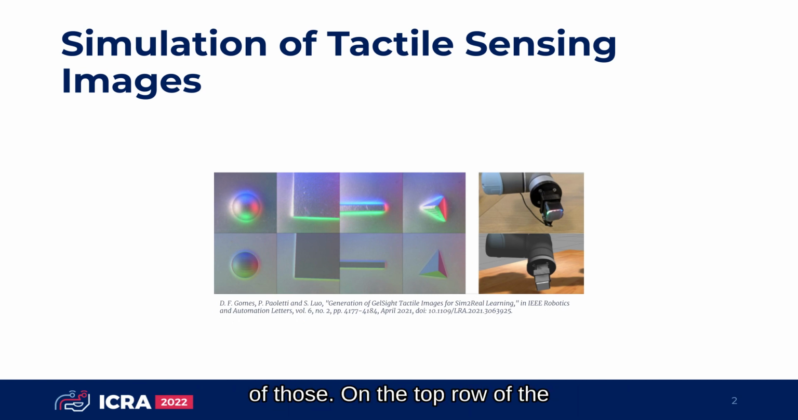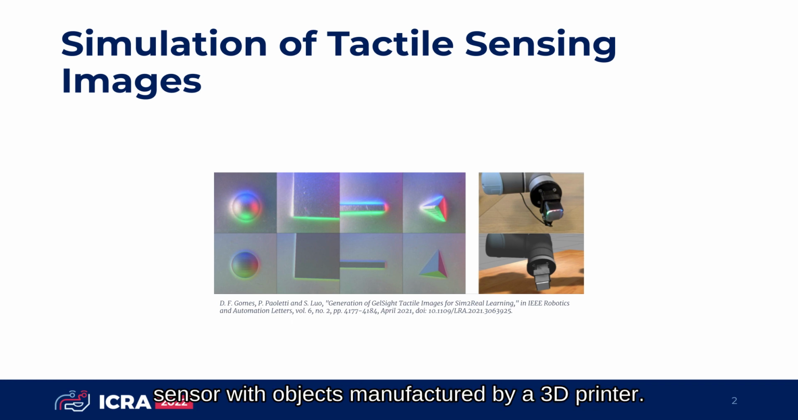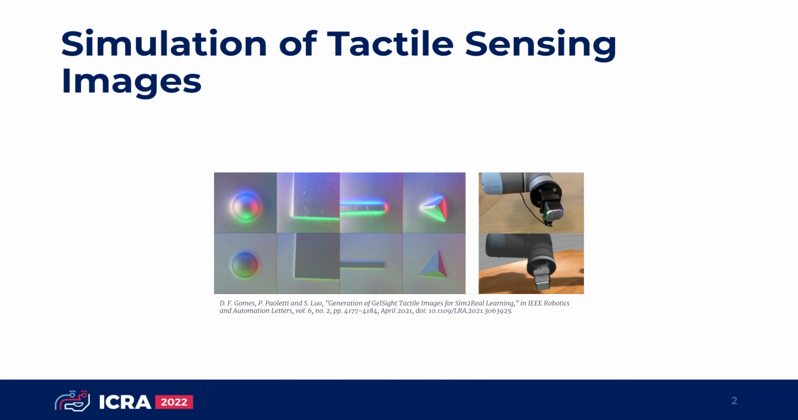the simulation of those. In the top row of the image, we can observe the real images gathered by the interaction of the GelSight sensor with objects manufactured by a 3D printer. On the second row, we can observe the simulated images that have been gathered in a simulated environment. Those images present several differences, most notably the texture and artifacts that were injected by the 3D printer, for example,